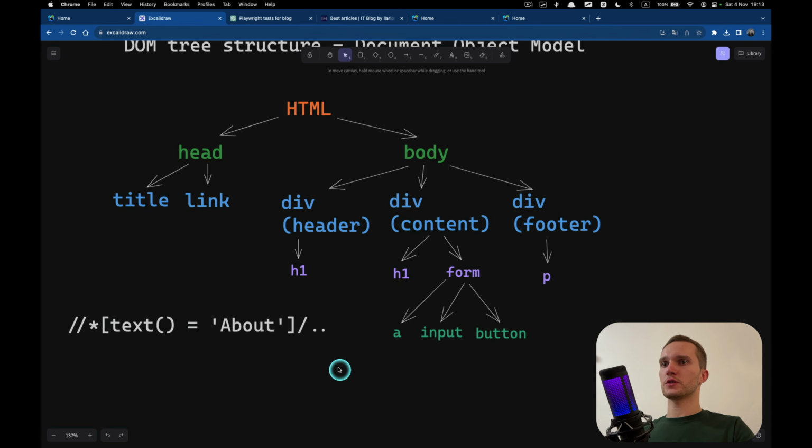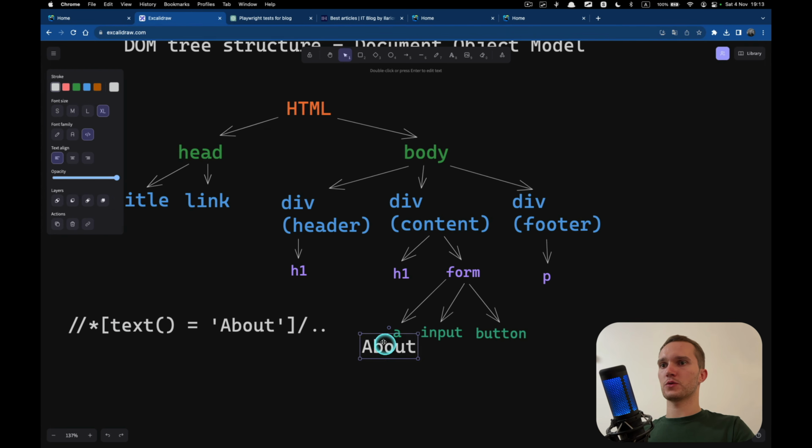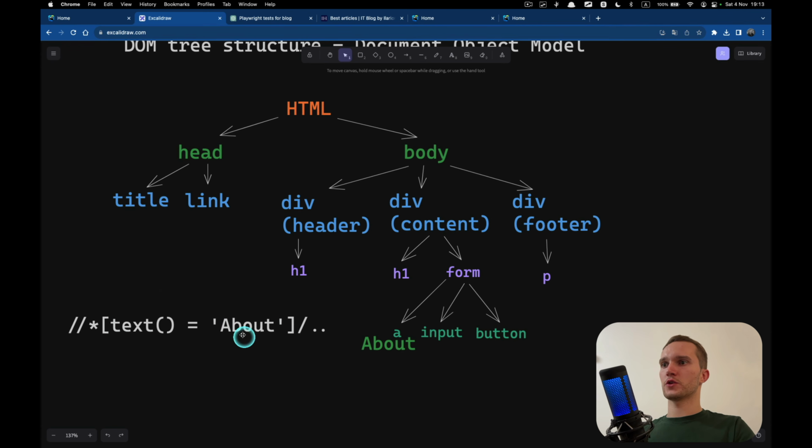All right, so first we located this about, right? This is this element. First we located this about, and then these two dots mean that we are going up. We are going up to the form. Here two dots mean that we are going up, and we are getting this form.